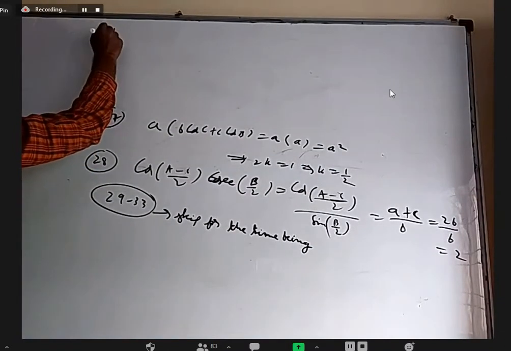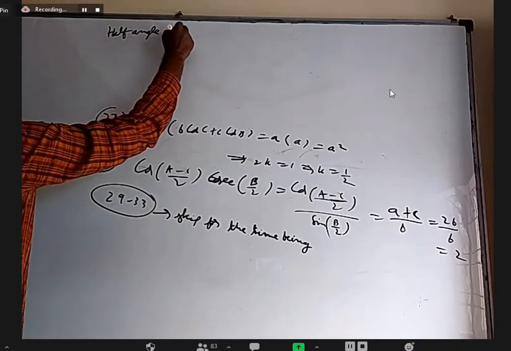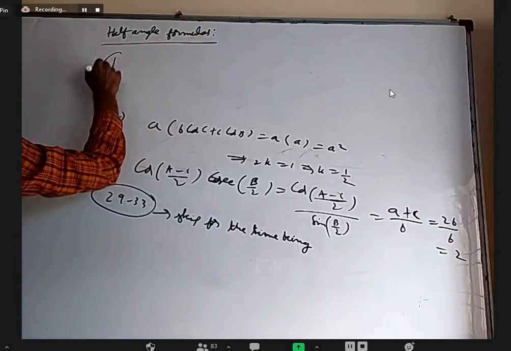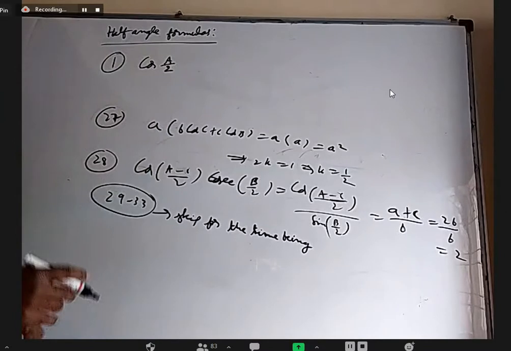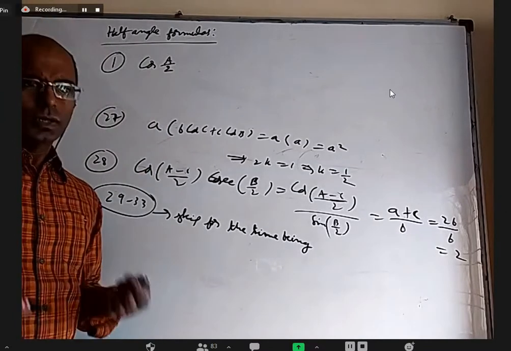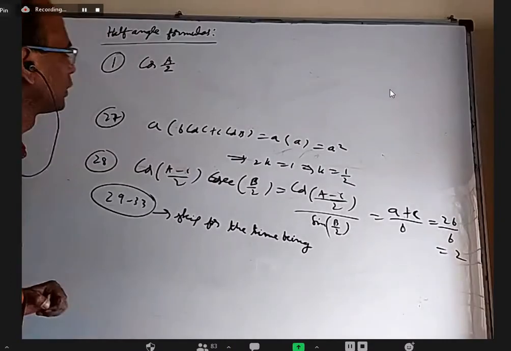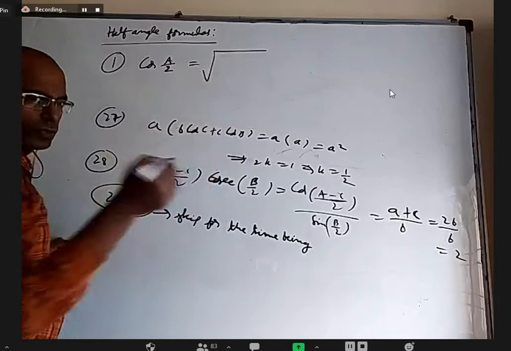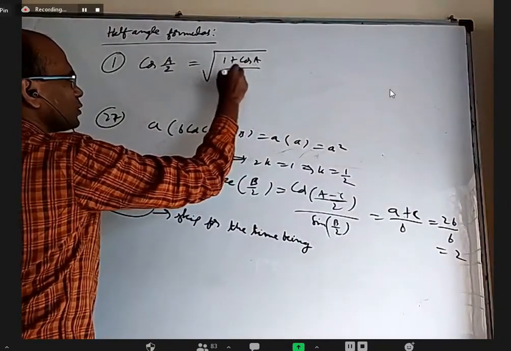Okay, next we can put a side heading of angle formulas. First of all, I want to find cos A by 2. Till now we found formula for sin A and cos A. We are not done for tan A, but tan A is sin A by cos A, not an issue. Basically, we are going to use the cosine rule and find cos A by 2, which can be written as 1 plus cos A by 2.